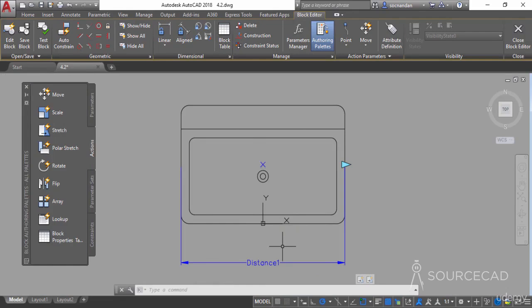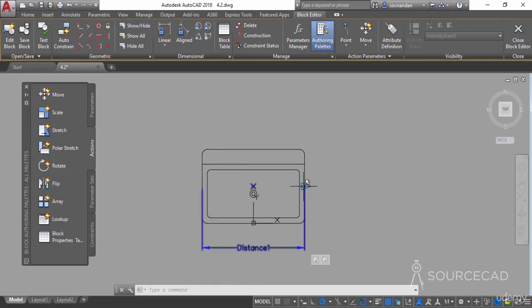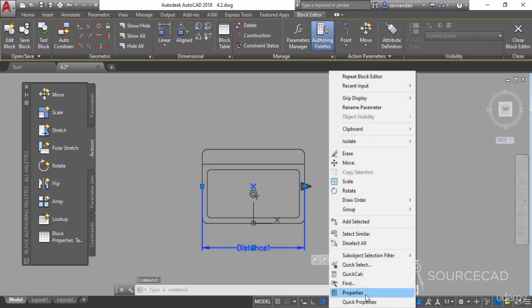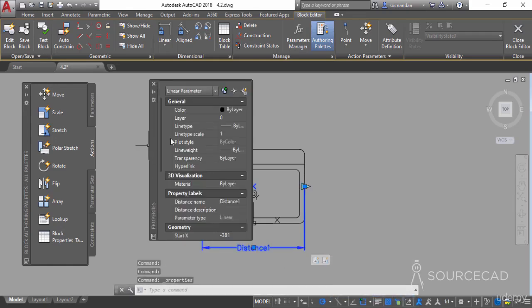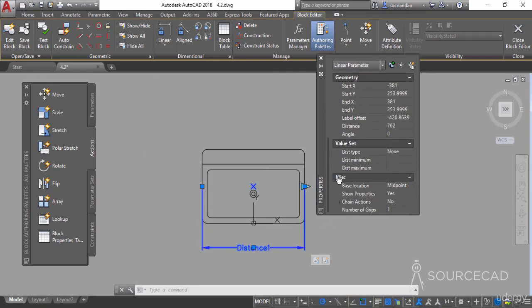Now let's add some increment value to this parameter so that the block can be stretched to certain specific values only, and for that we can select the distance 1 parameter, then right click and go to properties. Now here in the properties panel, scroll it down and you'll see here in the value set the distance type, which is set to none. So let's click it and select list, and now we have the current distance specified here, which is 762 units